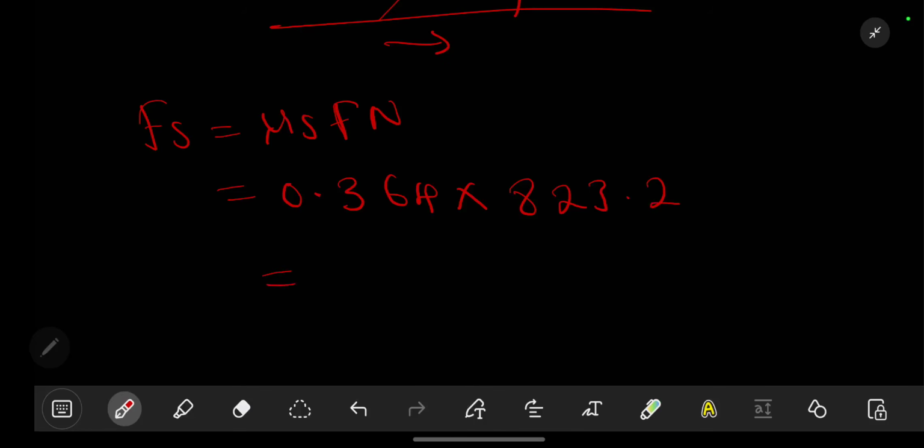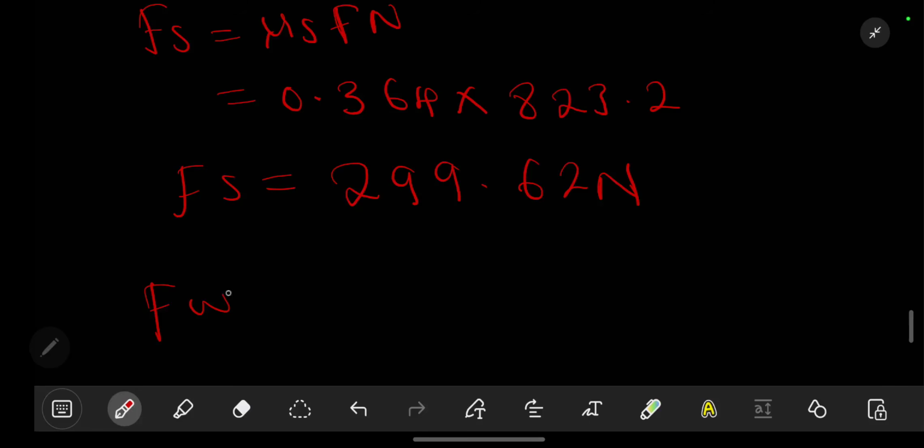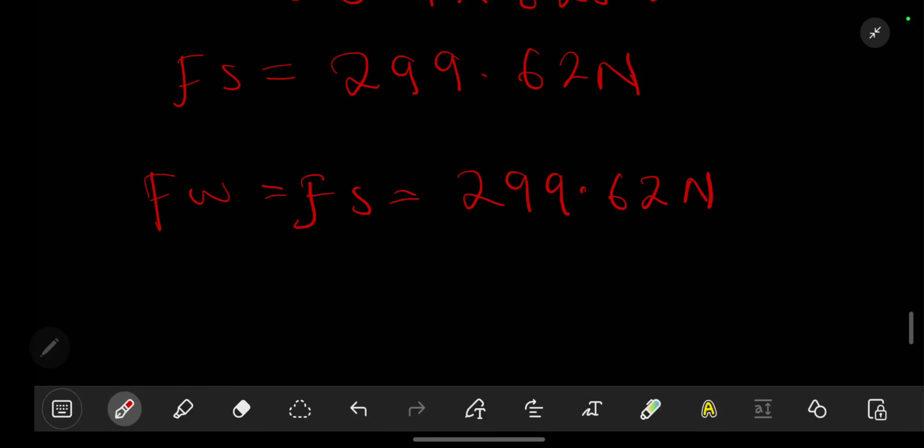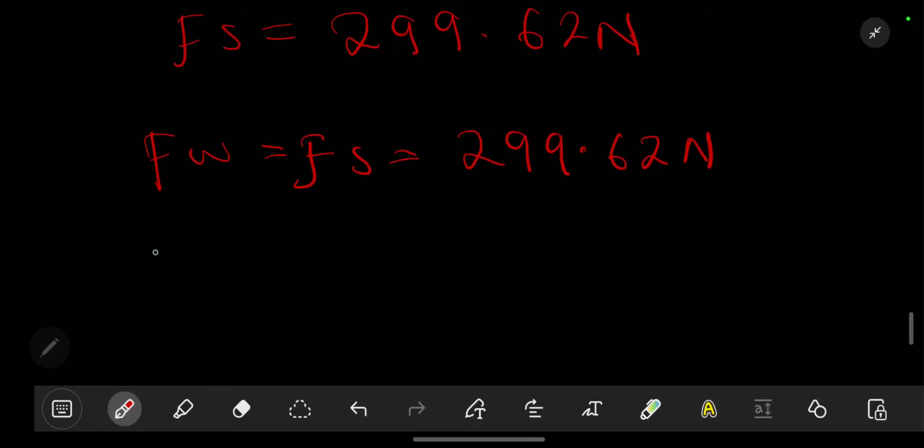This is going to give us a value that is equivalent to this value for the frictional force. Remember, the force on the wall is equal to the frictional force. In this case, it is equal to 299.62 newtons. Then, with that said, we are going to have